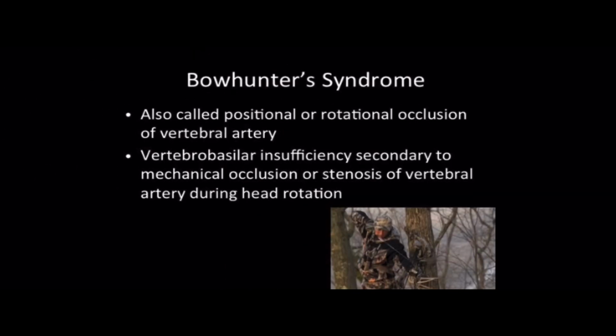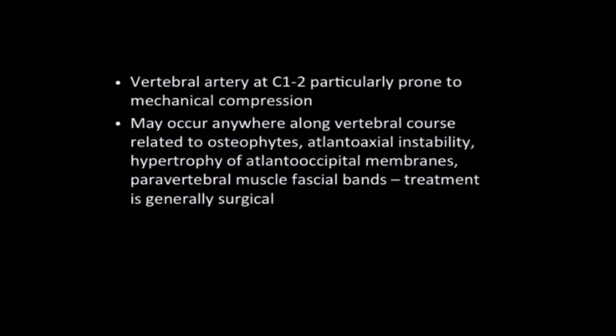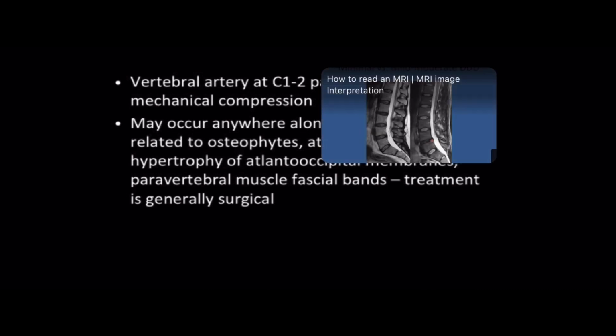It typically occurs at C1-2 because of the mechanical compression and the stretch of the vertebral artery, but it may occur anywhere along the vertebral course related to bone spurs or osteophytes, instability of C1-2, hypertrophy of the atlanto-occipital membranes, or